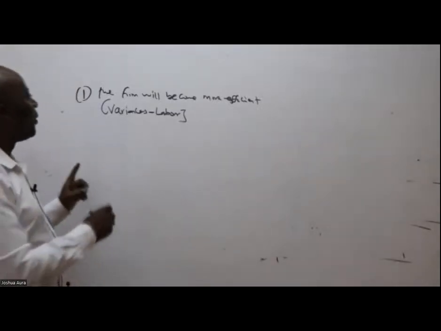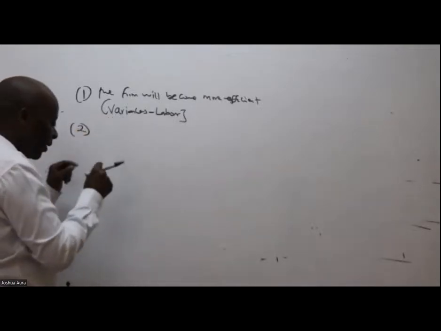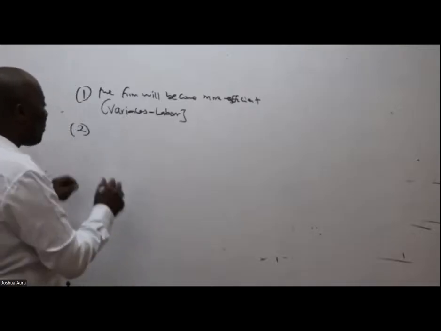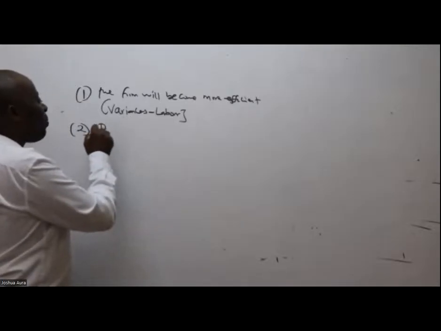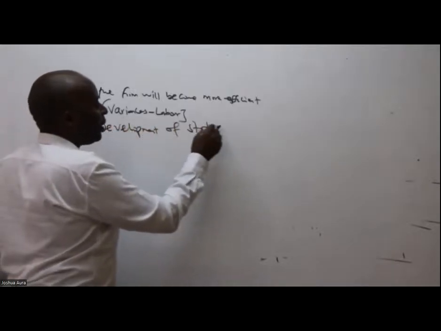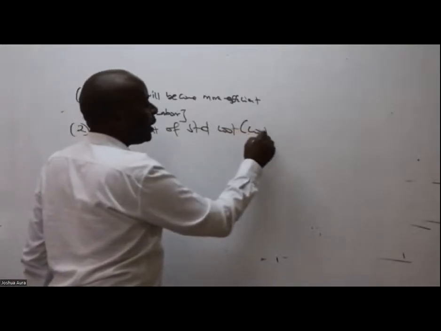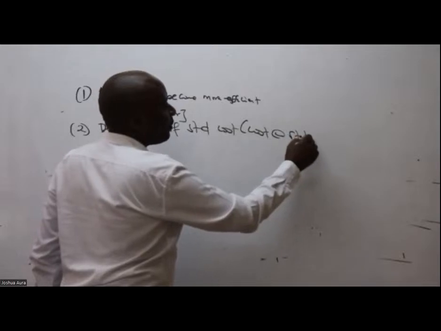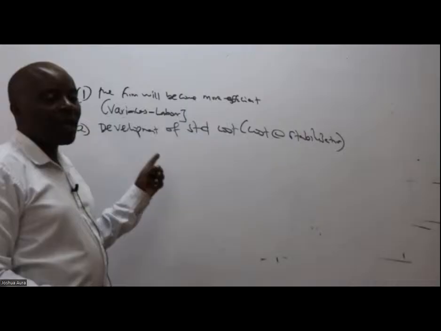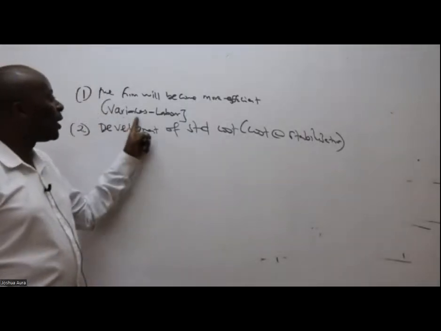Very important. Ladies and gentlemen, still connected to this, this concept of labor learning curves will help us in terms of what here? Development of the standard cost. Development of what here? The standard cost, which basically will be the cost at stabilization. Cost at what stage? At stabilization, which is very important because it is out of standard costing, ladies and gentlemen, that we are able to calculate variances.